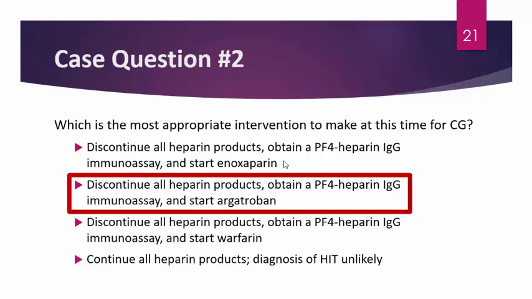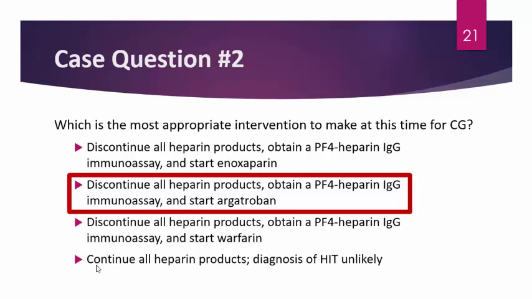We don't want to start enoxaparin because enoxaparin is another heparin moiety, essentially. It's a low molecular weight heparin. We don't want to start warfarin at this time because the patient's platelet count is less than 150,000. And actually, mechanistically, if we start warfarin, we'll wipe out protein C and S, which are your body's natural anticoagulants, and as a result, the patient may be put in a more prothrombotic state. That's why we will bridge patients whenever they need to be transitioned later to warfarin.